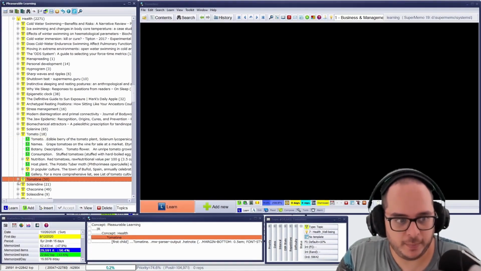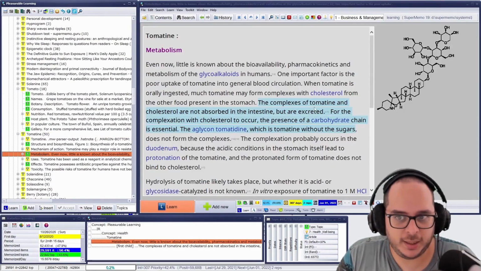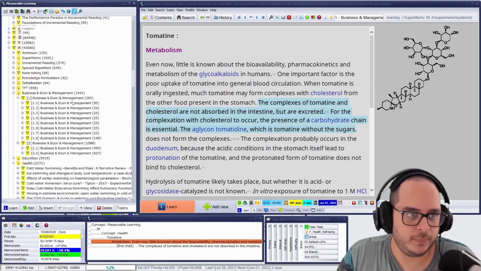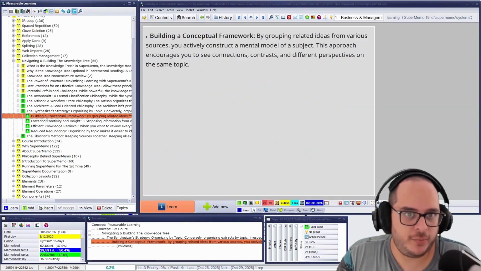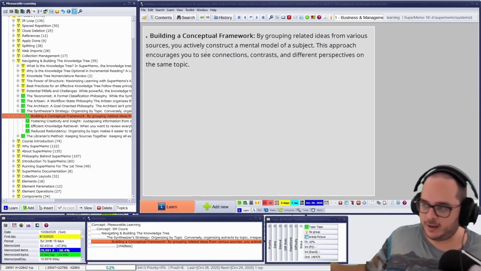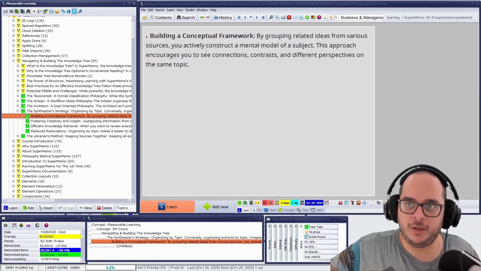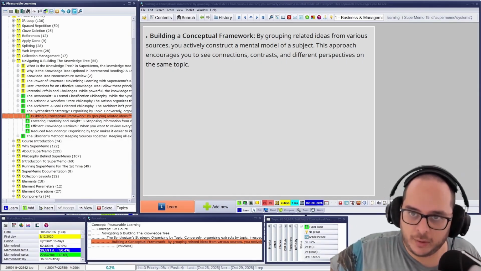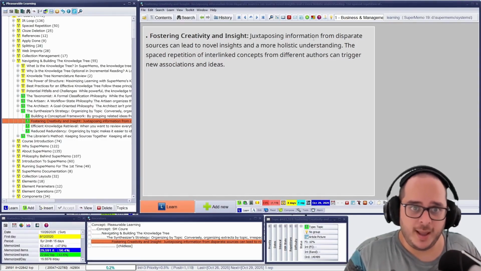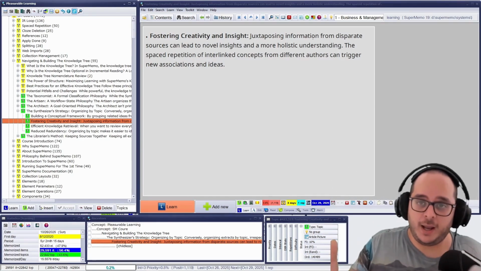I have it here as well. The metabolism, and so on. You can go down a rabbit hole. Okay. So therefore, I don't care if it's Wikipedia, some formal study or whatever. I just care that it's on the same framework, health. Fosters creativity and insight, juxtaposed information, especially in this case, nutrition, especially veganism and meat eaters, that, hey,